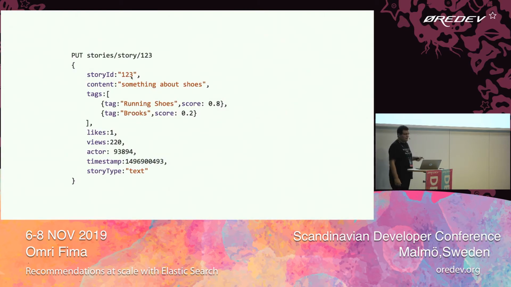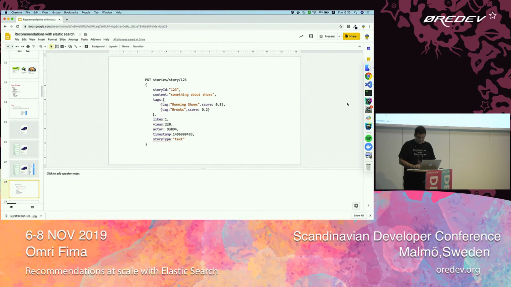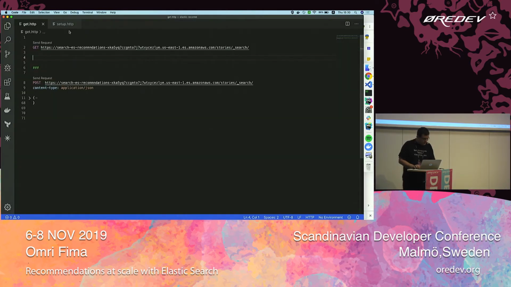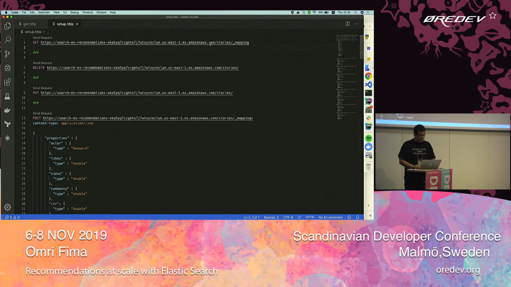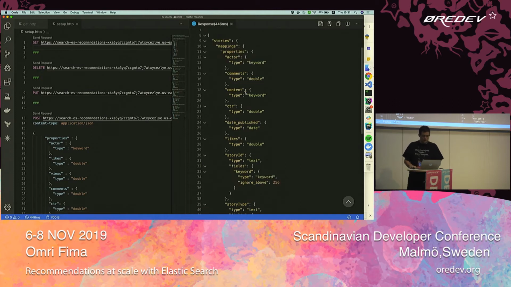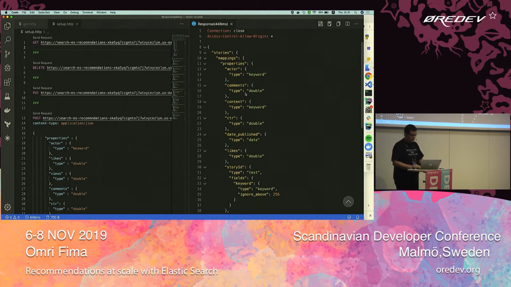So let's take this content that we've built, and let's try to formalize it as an ElasticSearch document. So let's have a small demo and see how it works. I've created a new ElasticSearch engine. It's sitting on Amazon's cloud, and let's see what we can get from it. And let's do a query, and we can see that our index has some